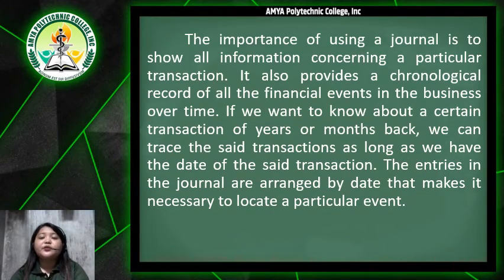The importance of using a journal is to show all information concerning a particular transaction. It also provides a chronological record of all the financial events in the business over time. If you want to know about a certain transaction from years or months back, we can trace the said transaction as long as we have the date of the transaction. The entries in the journal are arranged by date, which makes it easy to locate a particular event. Next is